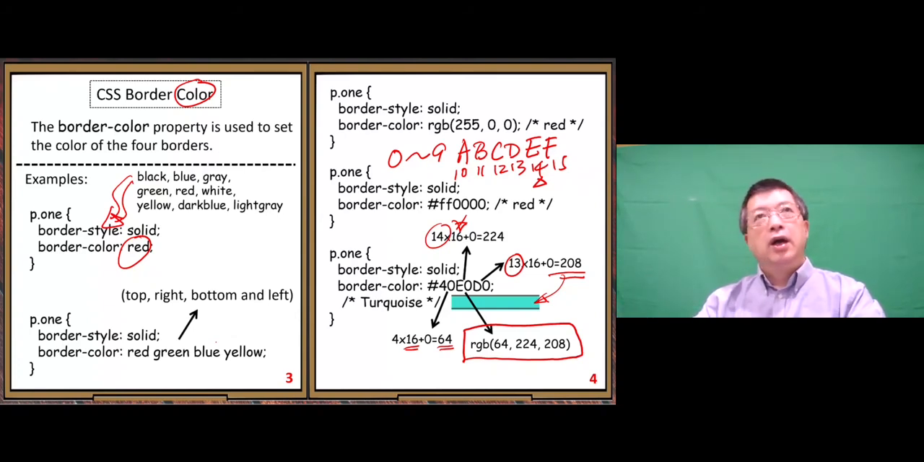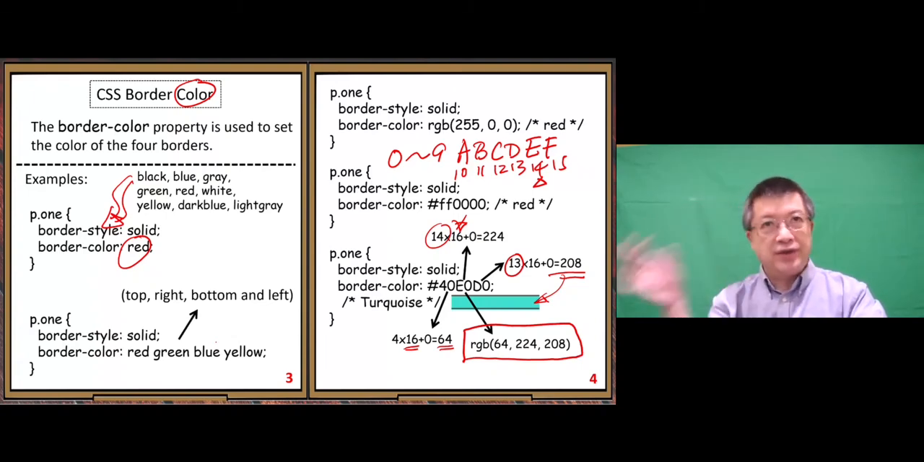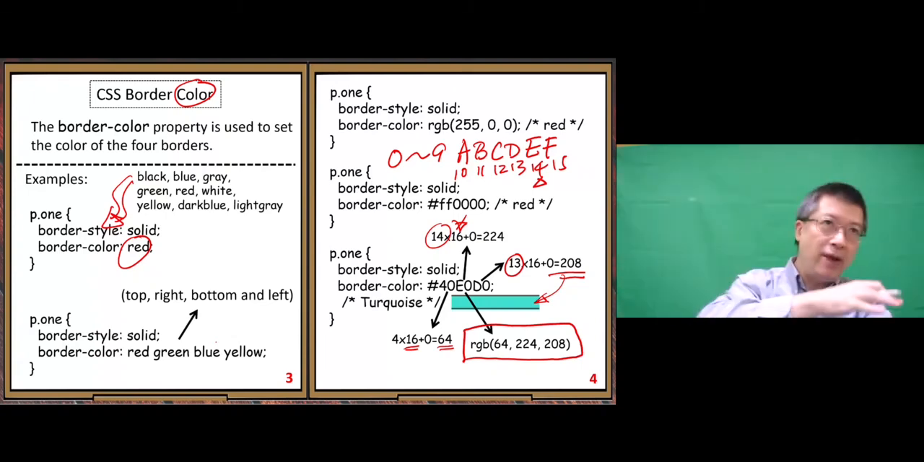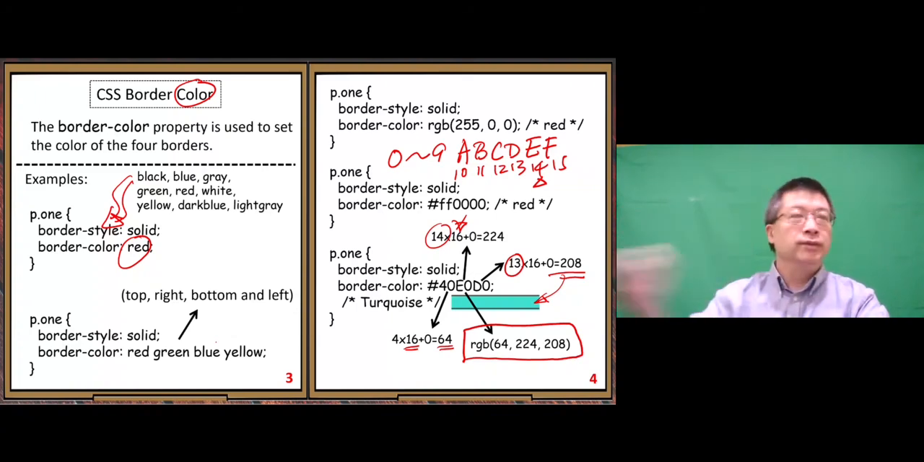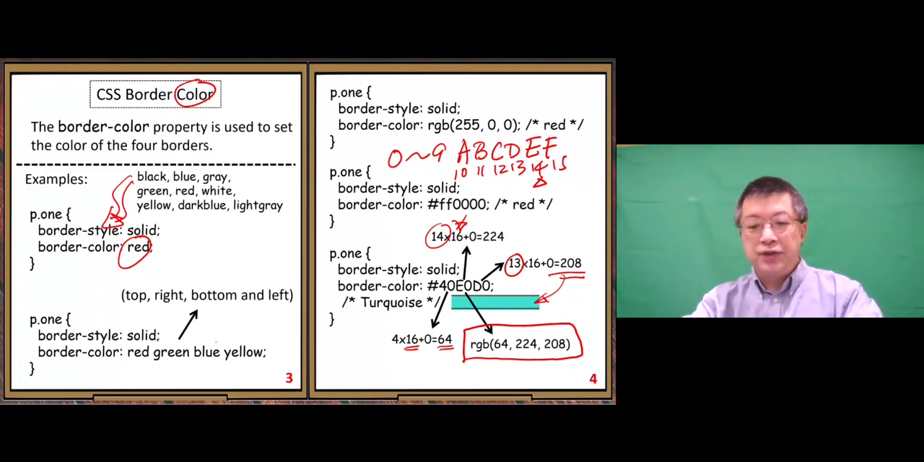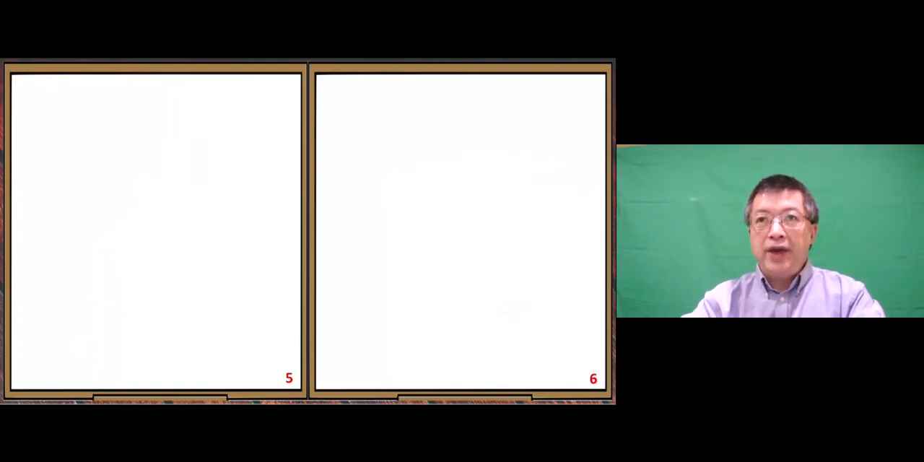Here, I can give you this kind of questions in your quiz, homework assignment, things like that. Okay, so I may ask you to do the conversion both ways. This way, that way. All right. So that's this topic, color border. The next topic,